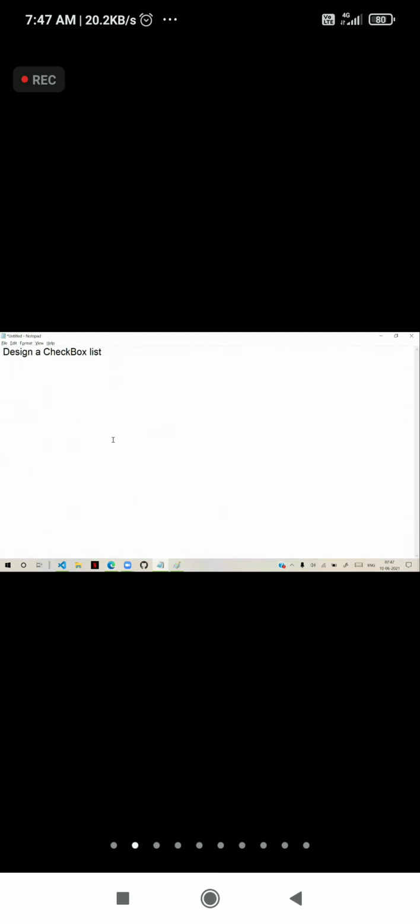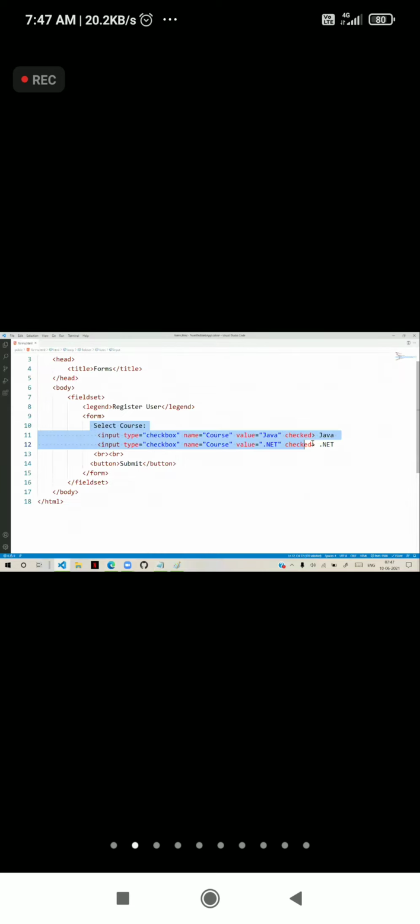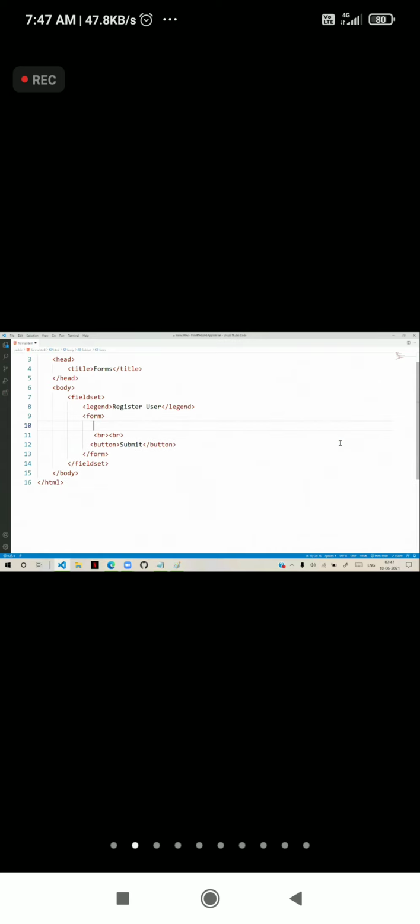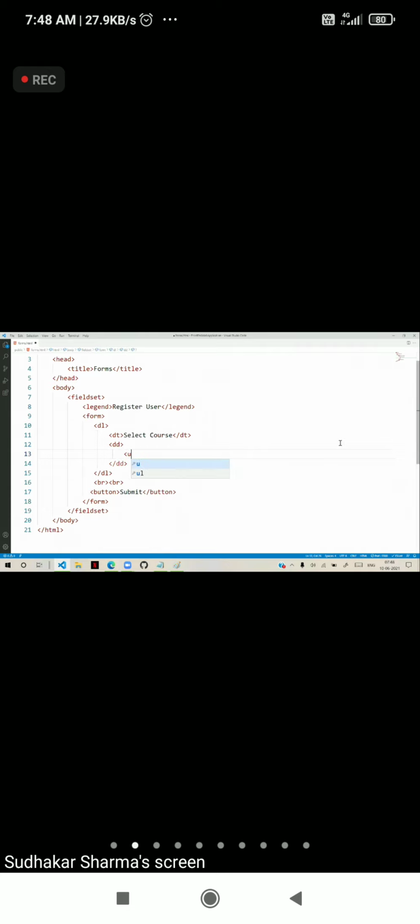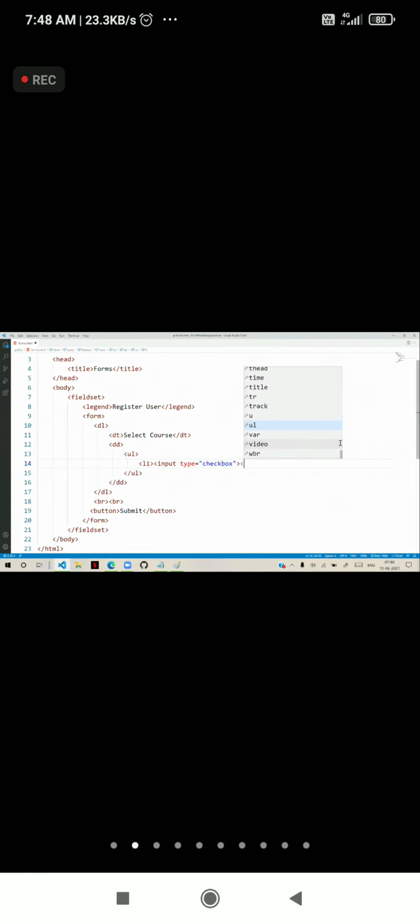Then generally what we do is we design in this way. For example, I'm creating a data list, data term, select course. Below this data definition, I am creating an unordered list. In that we have list items, we have checkboxes, input type is equal to checkbox. So this is the course, like Java.